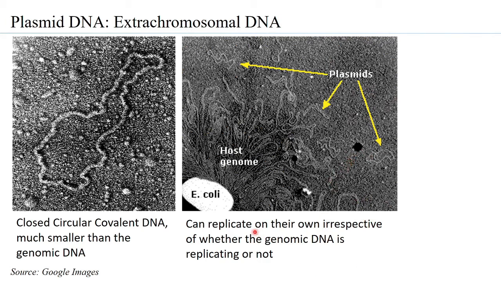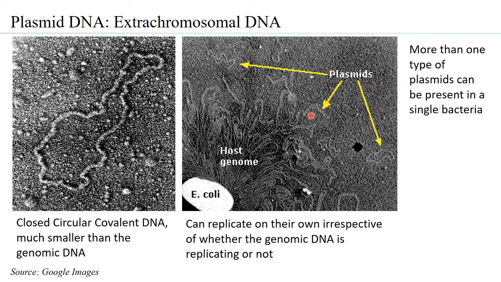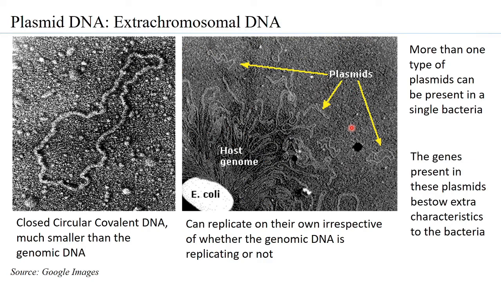So it means that all genes present in one plasmid DNA, effectively, if you have more of that plasmid DNA present inside the cell, you have more number of the same genes present within that cell. Therefore, we can say that you can have more than one type of plasmid being present inside a single bacteria. The only contention is that those plasmids that coexist have to be compatible. If they are not compatible, they do not exist within the same cell.